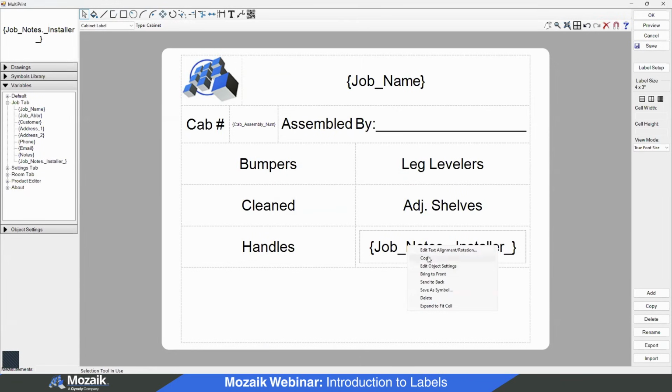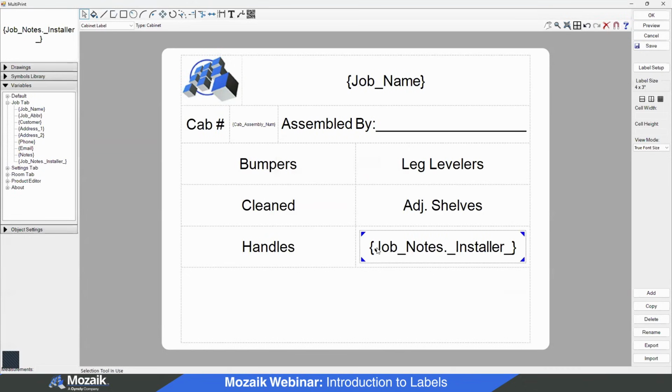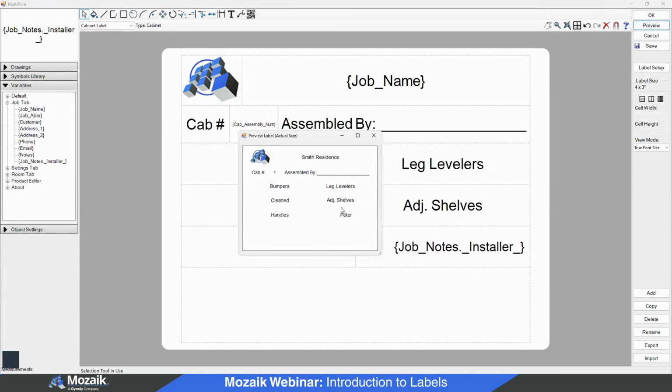Now this one we may say, because this could change, so we're going to make fit to bounds. And I'm going to give myself a little bit of room on this one because I don't want it to eat into where I'm going to eventually be putting my checkboxes. Okay. And if we preview this, you can see it's pulling that